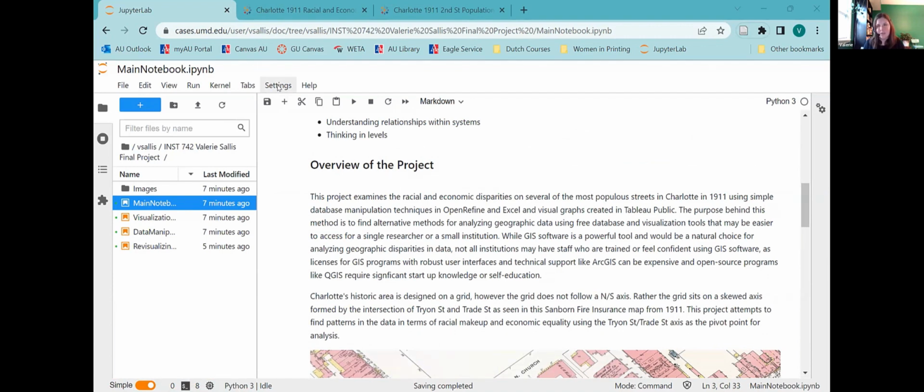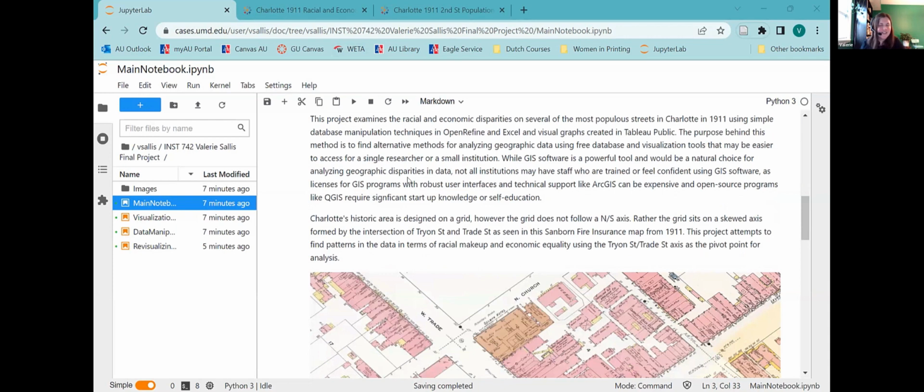people already had at smaller institutions to look at a different way to get at geographical data for people who might not be as comfortable using GIS programs. So I wanted to take a look at racial and economic disparities over several of the most populous streets in Charlotte. And I wanted to do that using OpenRefine and Excel, and then creating some visual graphs using Tableau, which I thought were pretty accessible methods for anybody, regardless of their skill level or their comfort with GIS, just because